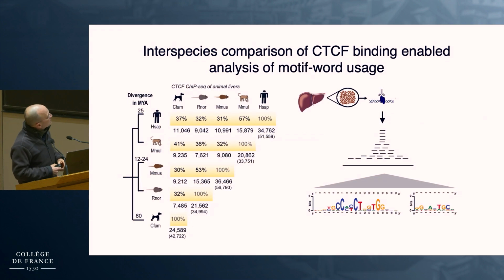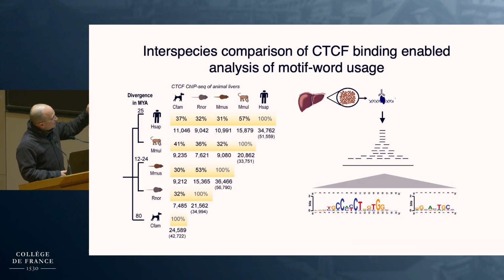To do this, we did a very simple experiment. We did chromatin immunoprecipitation against CTCF in 6 species of mammal. I'm showing 5 here, because I wanted to show the placental comparison. And what you'll see